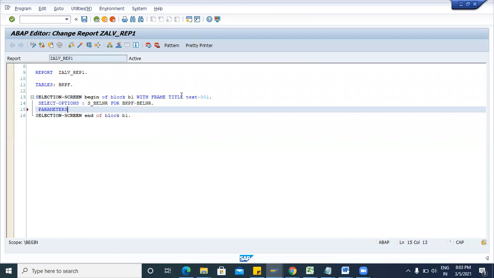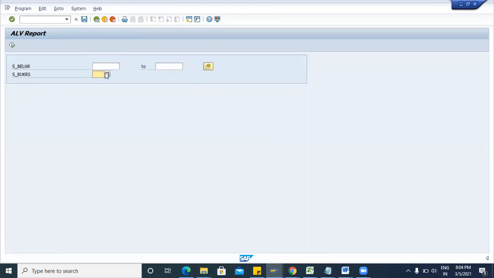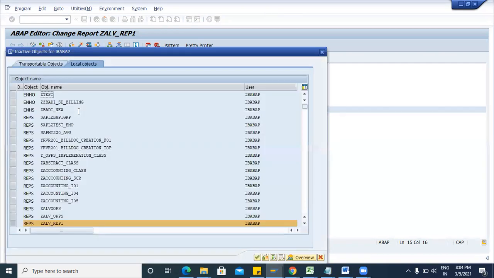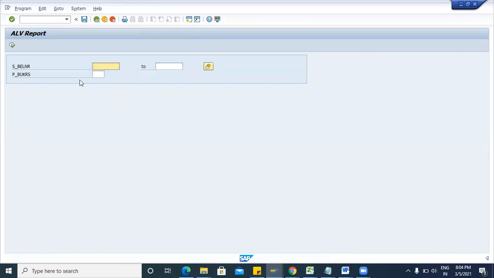But now if you want to use parameters, suppose company code, then type BKPF-BUKRS. So for parameters we use TYPE. For parameters we take P underscore, which is the standard practice, P_BUKRS.